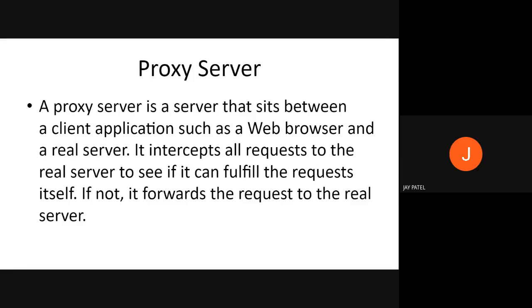Okay. Now next we'll be starting the next topic, the proxy server. Now what is a proxy server? We have seen up till now that for communication we require two devices. One will be a client and a server, or a source and a destination, where the data is transmitted from one machine to another and back to the previous machine.